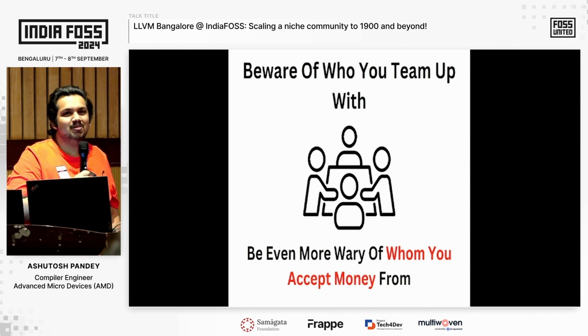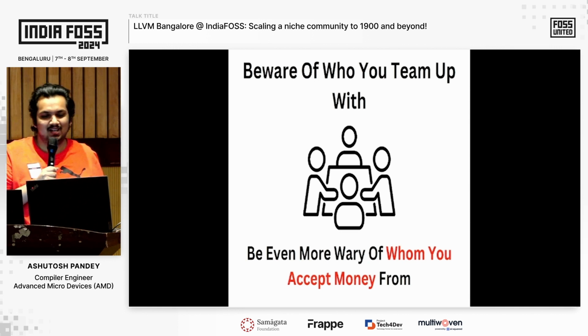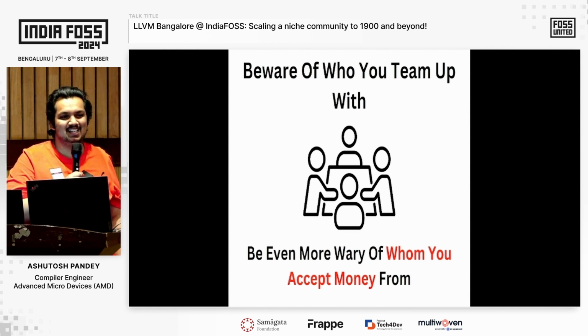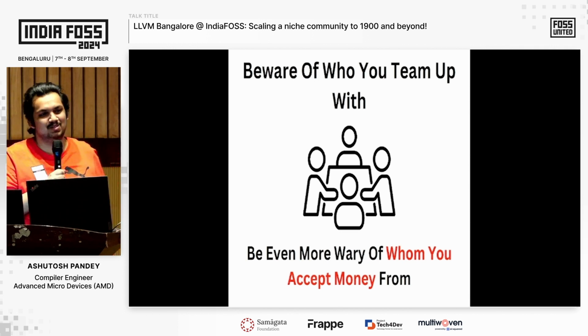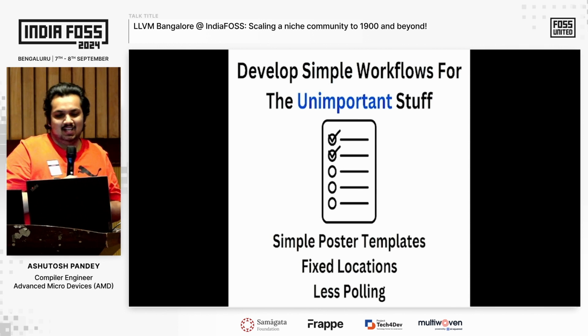In the recent conference that we are organizing, we got a very generous offer for a sponsorship, but the speaker wanted to give a talk at the conference. That was fine, but the talk did not meet our program committee's standards. The professors and the reviewers said that this talk is not good. So we rejected the sponsorship. So, you might have to compromise with your morals or your ethics or your standards if you team up with the wrong set of people or accept money from the wrong set of people. So please be careful about that.